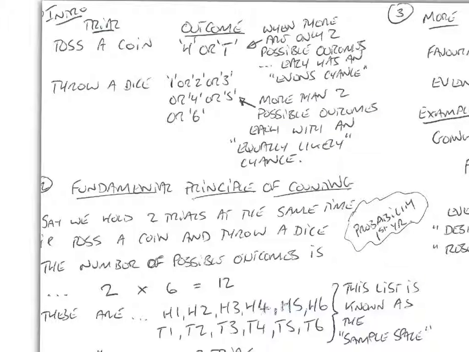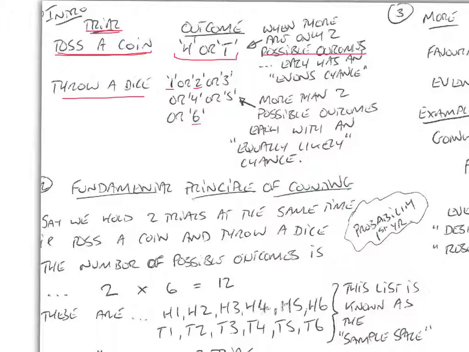Okay, so in probability, we're going to generally be looking at what's known as trials, where we might have a trial where we toss a coin or we throw a dice, and we'll be considering the possible outcomes given the trial. So if we were to toss a coin, there's only two outcomes, heads or tails, or if we throw a dice, there's six outcomes, like a 1 or a 2 or a 3 or 4 or 5